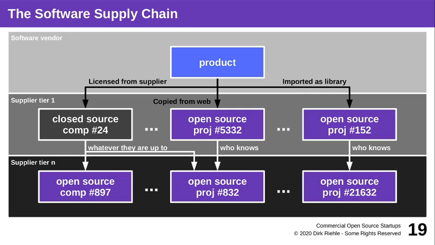You may also license a closed source component from someone, maybe because there's no open source component available that does the job for you. And you also know about that closed source component. You have to dig in, though, to learn what those open source components and closed source components actually depend on themselves. So the dependencies are not just your first layer of the dependencies your code declares in its build files. No, the dependencies are a whole graph going into much depth, including more and more and more components.